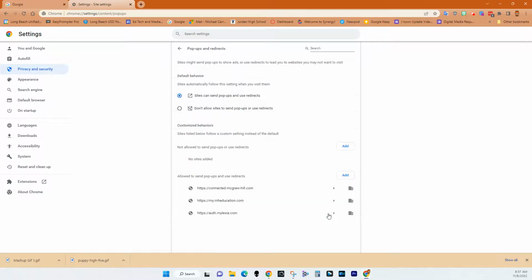I have mine enabled, but if yours is disabled, then all you have to do is click on that, and you can see default behavior. Sites can send pop-ups and use redirects, and most often it's set to: Don't allow sites to send pop-ups and use redirects. This is also used for advertising, where you click on a website and then you get a bunch of screens that pop up selling you stuff. So a lot of people like to disable that. Well, you have to enable that specifically